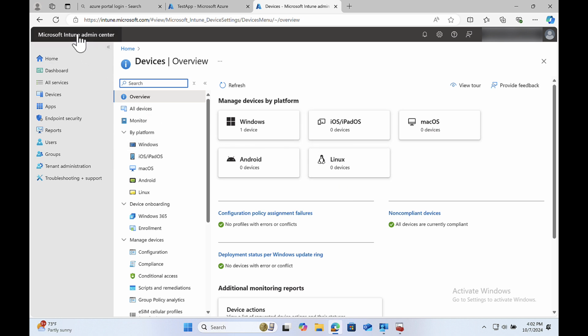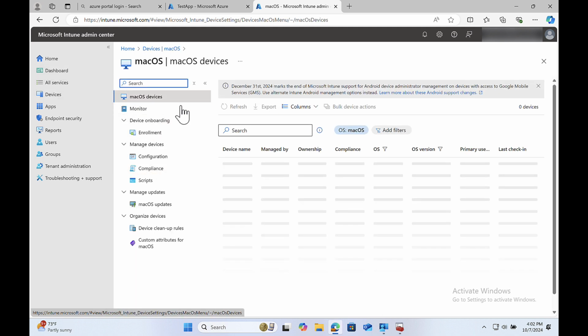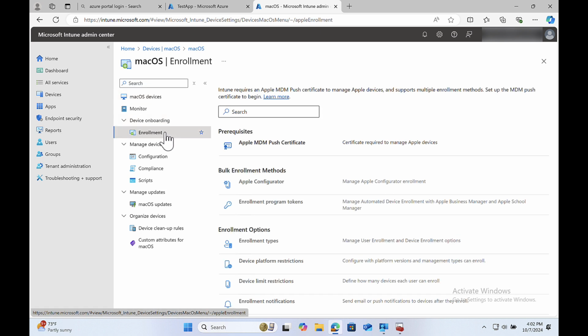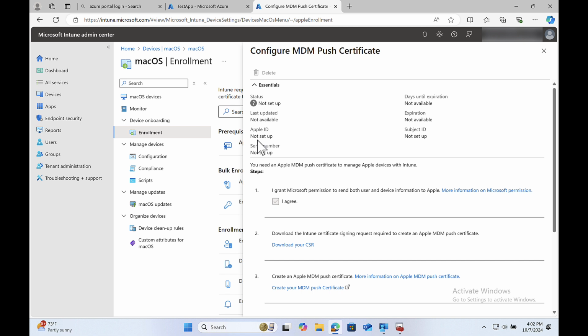However, before you enroll your device through Company Portal, you'll have to perform one additional step, which involves going to Devices, clicking Mac OS, and from there, clicking Enrollment on the left-hand side. Then click Apple MDM Push Certificate, and this is required to manage Apple devices.